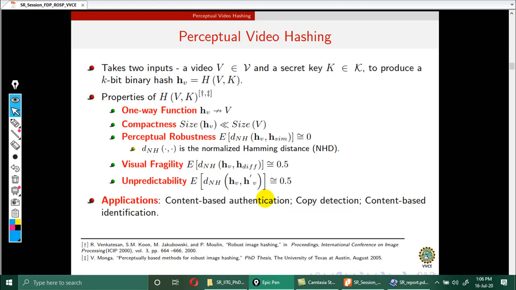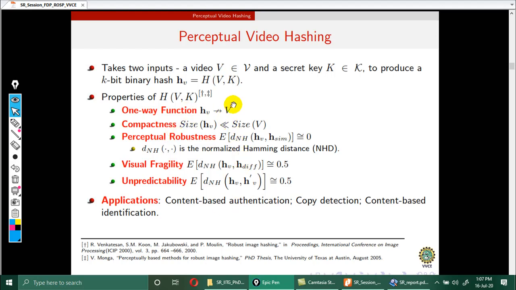Please note that I am using two different keys to generate the hash for near duplicates, because v1 is the original and v2 is a near duplicate of v1. In this case, if I measure the normalized Hamming distance between these two hashes, it should be close to 0.5. So these are the desirable properties of